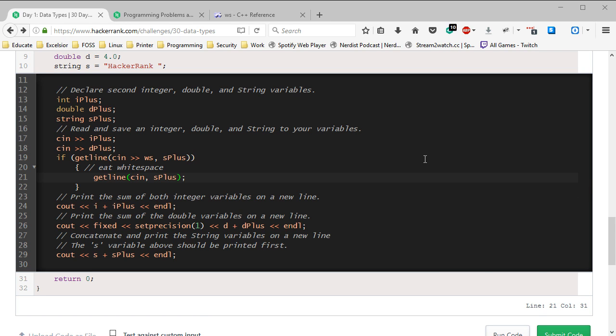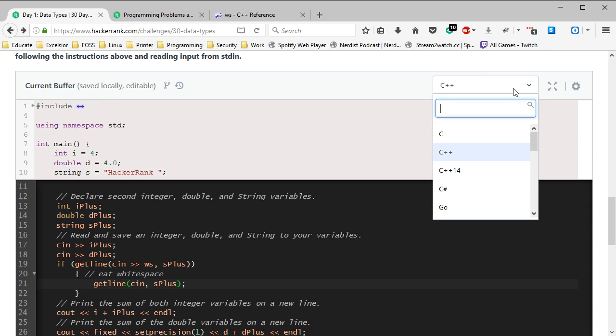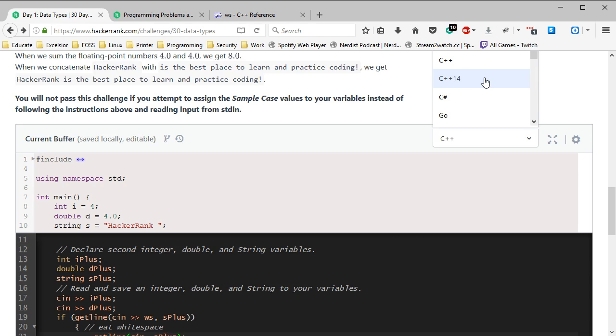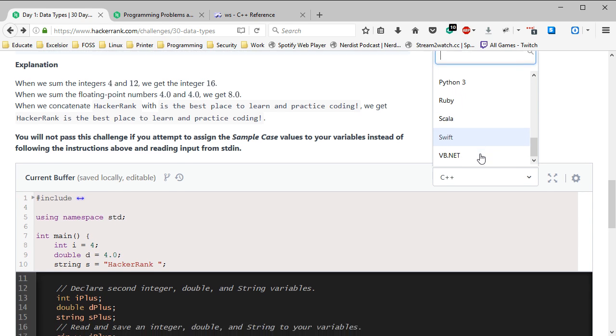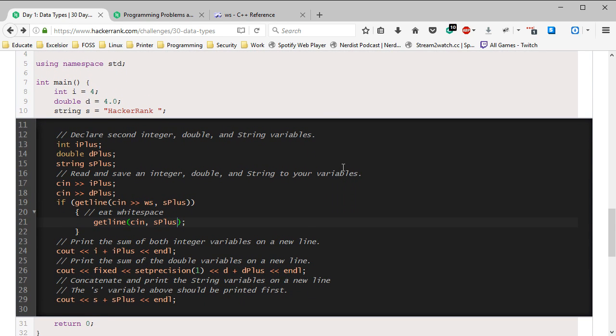There are, let's see, as we scroll up, we're working in C++ just because. Okay, so we got C, C++, C++14, C Sharp, Go, Java, JavaScript, Python, Ruby, Scala, Swift, and VB.NET. We'll stick with C++ because that's the language I want to learn. So this is part of the learning process. Okay, so what we have got going on here